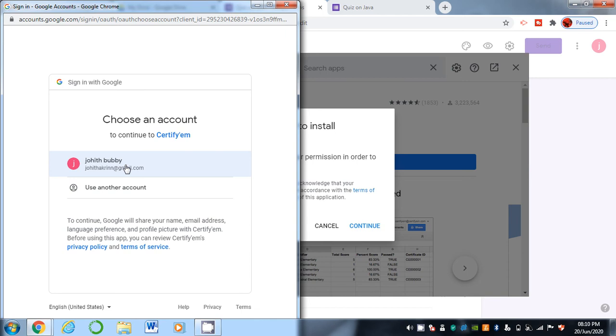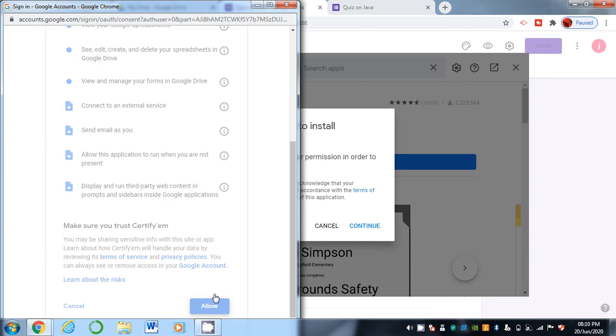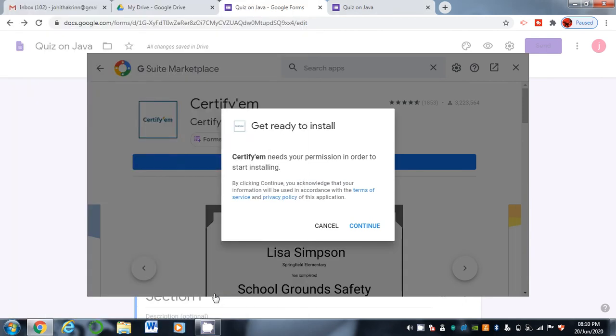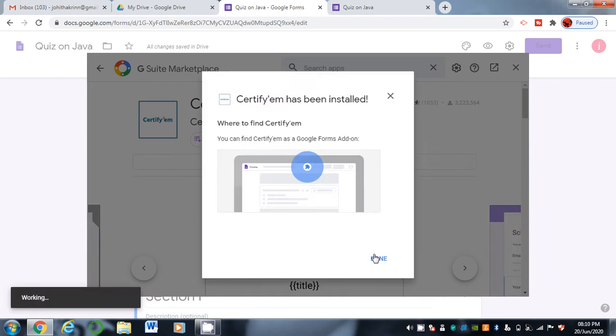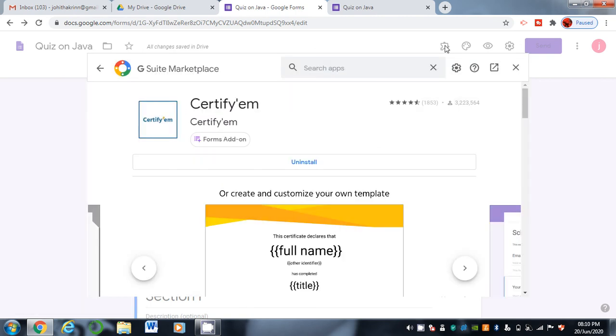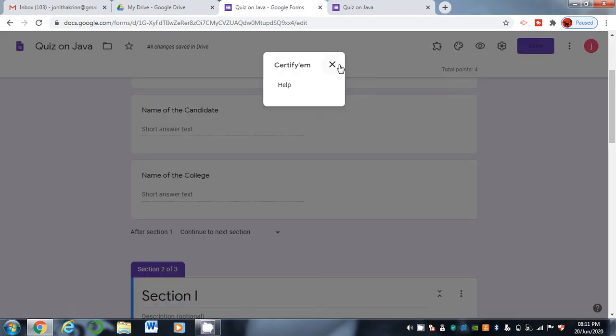So it will ask a Gmail account and allow it. Automatically Certify EM plugin will be added here. Okay, now click this add-on and click on Certify EM.